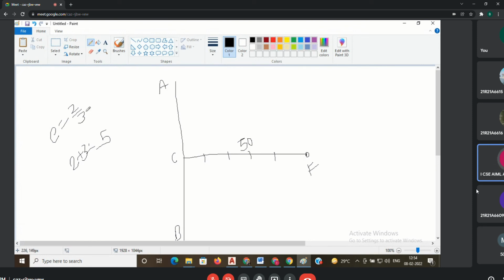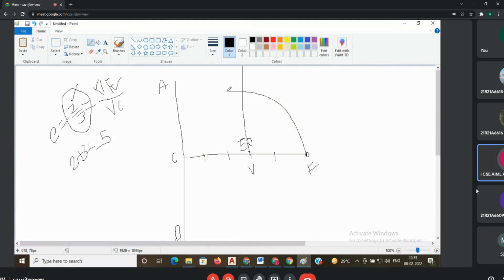Then eccentricity is equal to VF by VC. From F, V, 2 divisions. From here, 1 and 2. Here is your vertex. Don't miss this step. Only these steps have some differences in a parabola and hyperbola. Remaining steps are same. Then draw a vertical line from the vertex and V as center, VF as a radius.